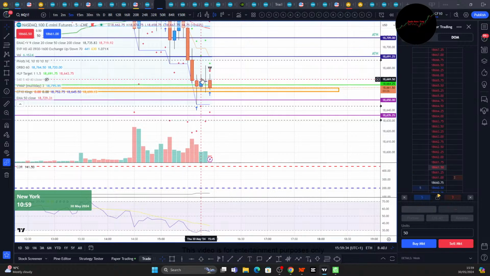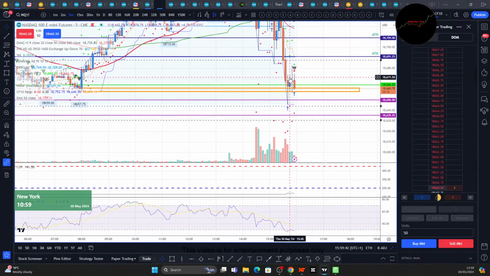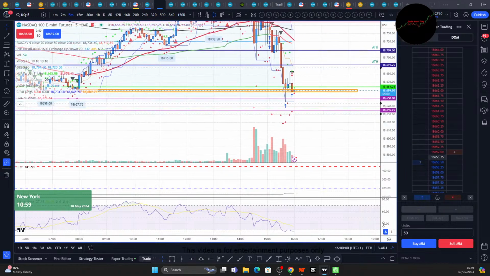I was expecting a stronger reverse off this area, the previous low. Just off this previous low here. The fact that we couldn't close below it, I would have thought once we got there it would reverse stronger to the upside, but price is non-compliant at the moment. So we'll just stay away from it.